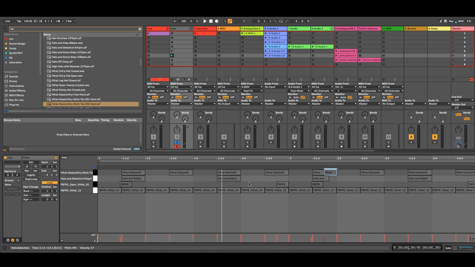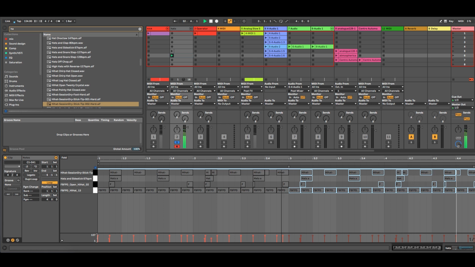So this is the A, this is the B. I find that music in general that has AB, or percussion that has AB, might be less annoying in the long run. So we're just gonna duplicate it again.